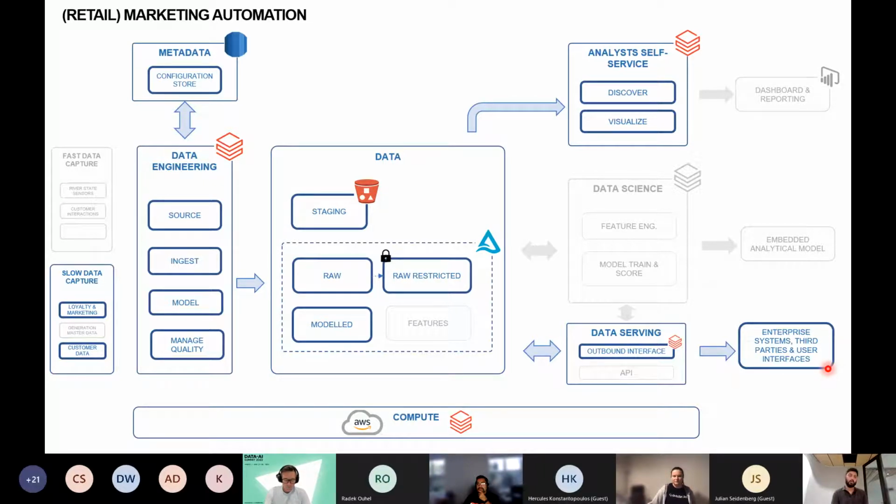Oh, you're almost there for your bill period. You have to pay for your bills, or do you want to try other products? So sending out personalized comms and automating the marketing communications. So that's something that we've delivered. And if you see, it uses most parts of the pipeline, and there's no real feature engineering or machine learning happening there yet, but we are expanding there. Some of the projects we have in the pipeline will basically cover those areas as well. So that's a retail use case.